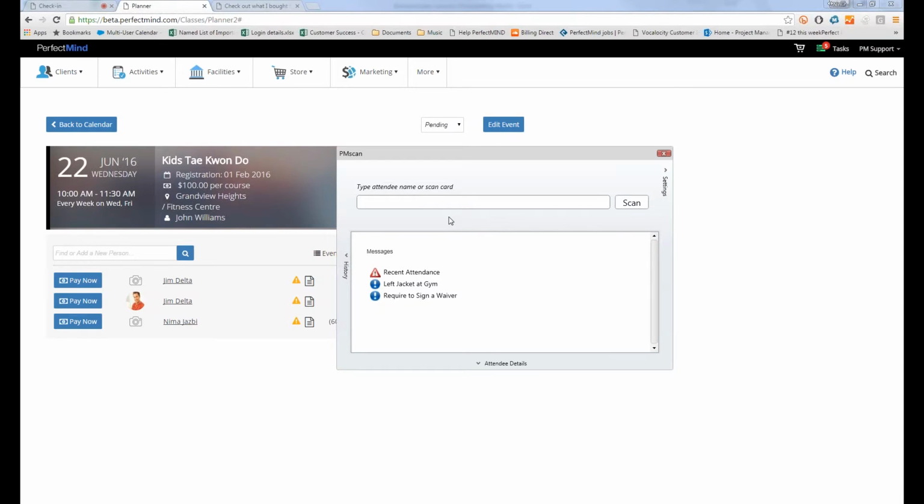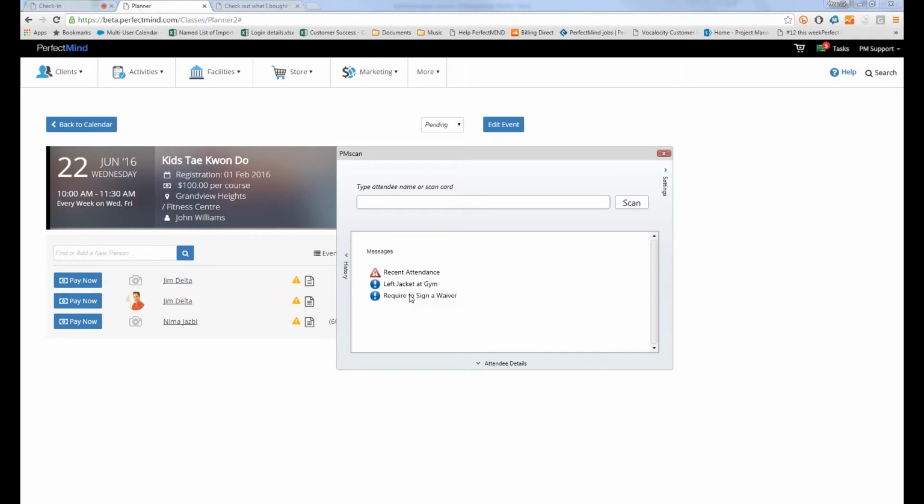Okay, speaking about alerts, we've also done some improvements to PM Scan, that application many of you use for attendance tracking. In the majority of our clients who use this application, PM Scan, I'm just going to open it up here, you are actually using it in the background of your basic screen. The reason behind this application, and one of the major functionalities that it brings, is an ability for it to work in the background, meaning that you are able to map your barcode scanner or any other scanners that you have